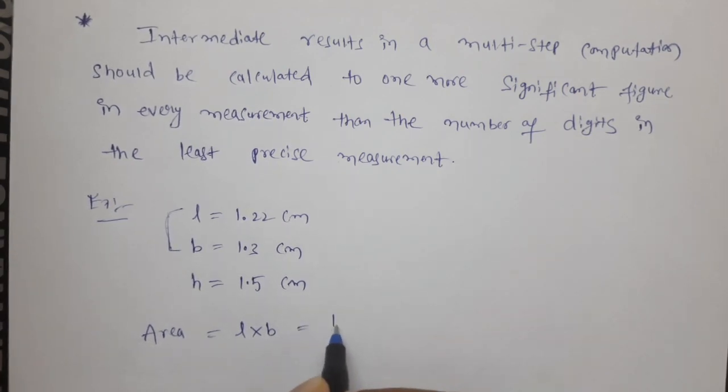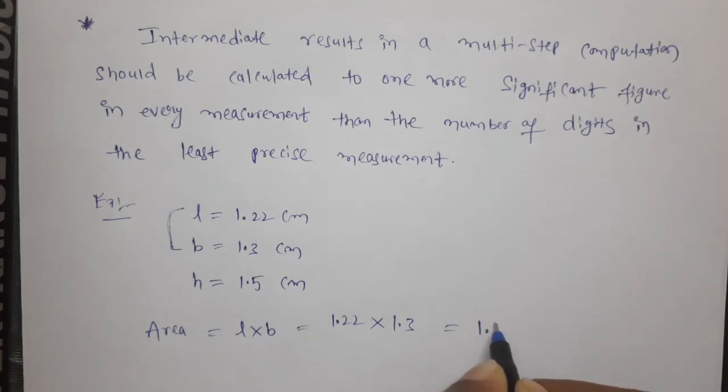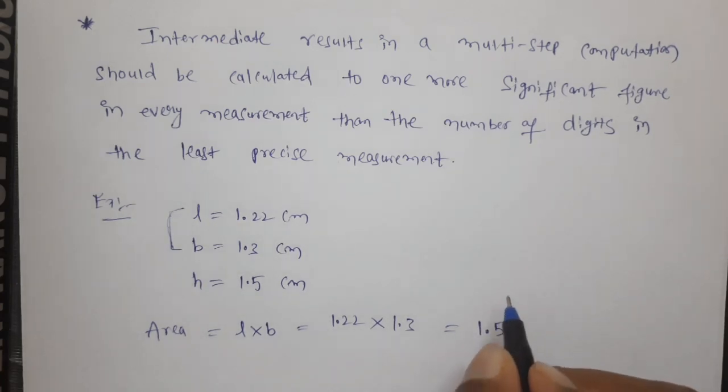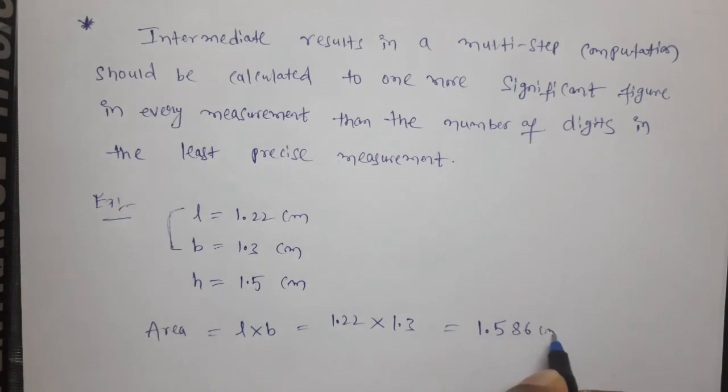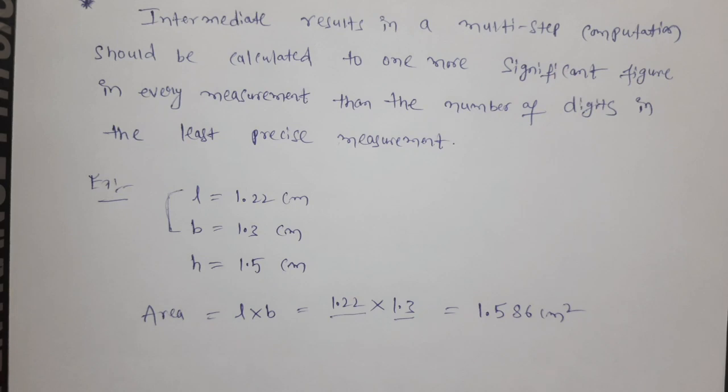So how much do we get? 1.22 into 1.33. We will get 1.586 centimeters square. Isn't it? Yes. But already, how many significant figures do we have here? 3. Here we have 2. So as per the arithmetic rule, the significant figures rule,